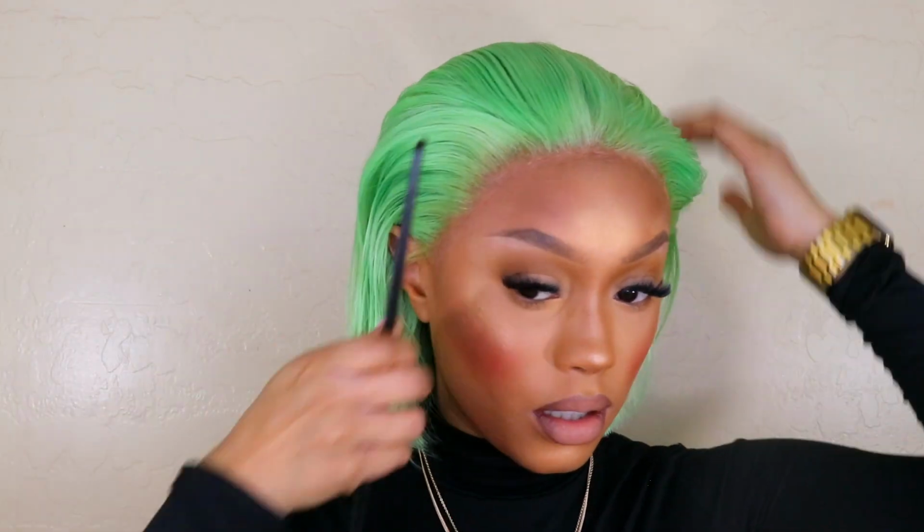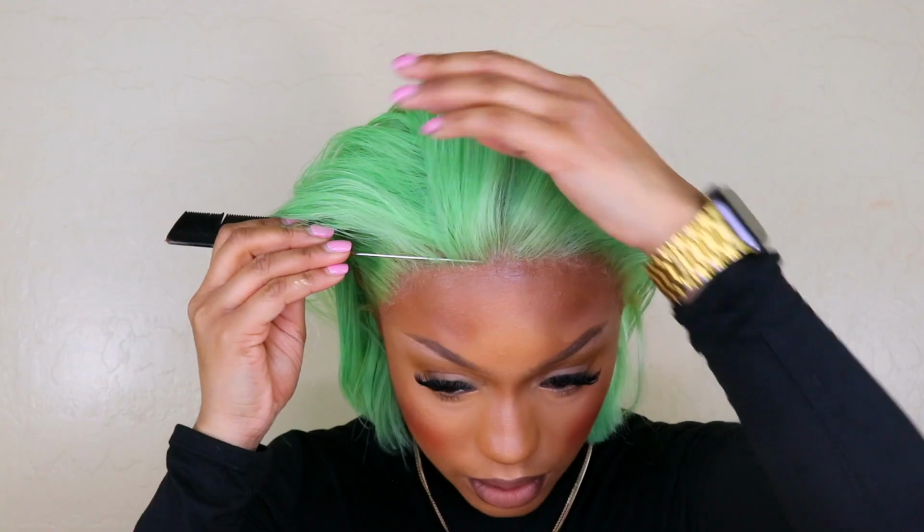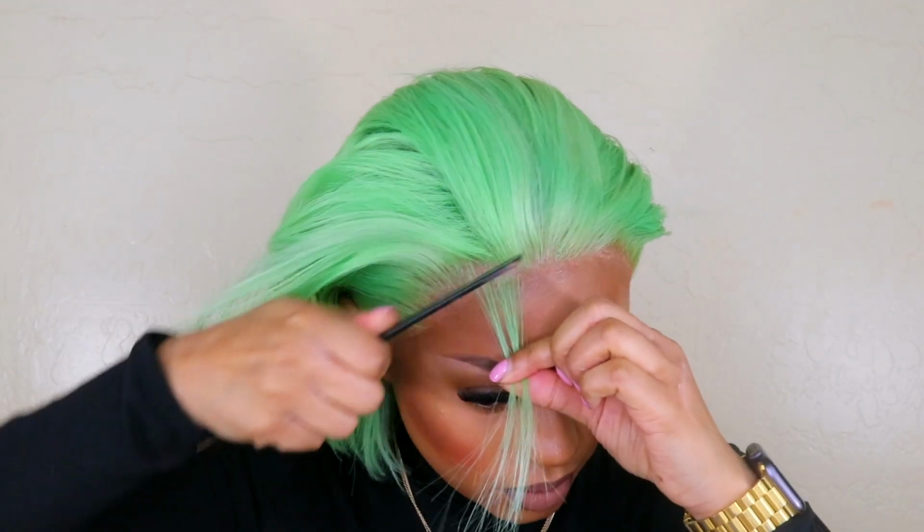So I went ahead and applied the wig off camera, and to be honest, at this point I was feeling myself, okay? I was like, I am that bitch. I am her. I am them. That's how I felt. But I'm going to start creating some baby hair, so I just combed my hair back